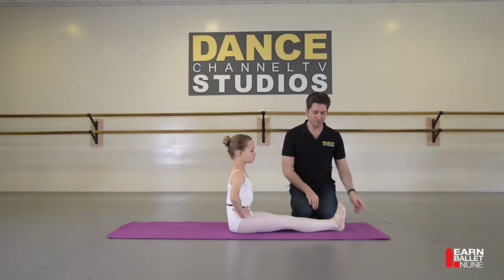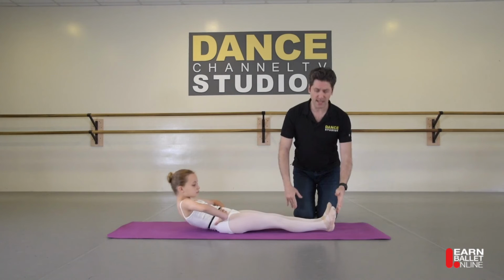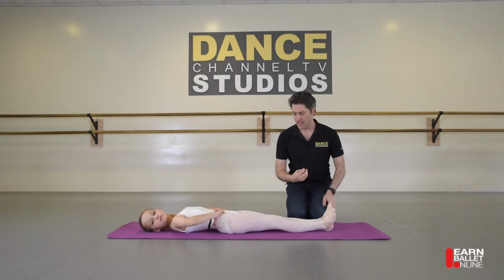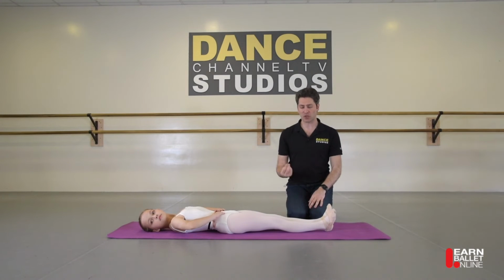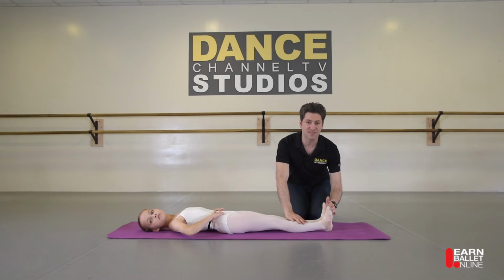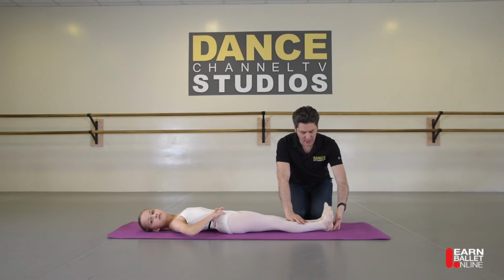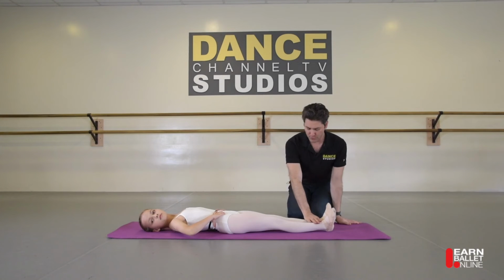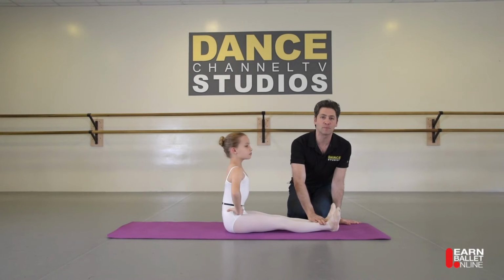Next combination, it's a very important one, is a strength. It's the core. And in the classical ballet is very important to have that core. Now here what we're going to do is we're going to flex those feet. We're going to actually keep those heels pushing down to the floor. I'm going to help her right now. I'm going to push her legs down, and she's going to lift herself with the back straight,